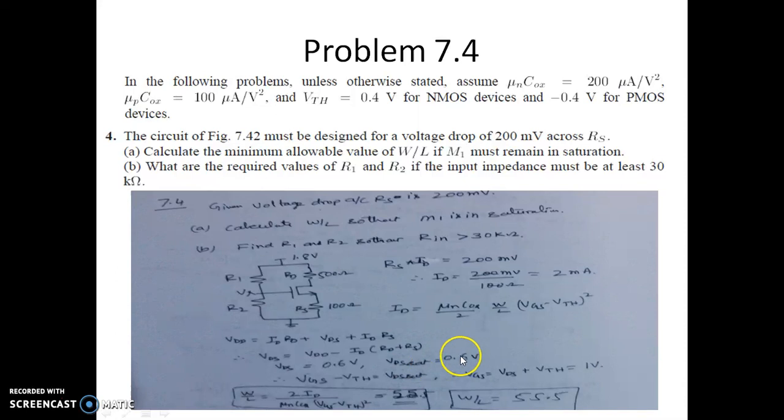Because we know VDS sat is 0.6 millivolt, we can find VGS from this expression, because VGS minus VTH is equal to VDS sat. So VGS comes out to be 1 volt. From this value of VGS we can obtain the value